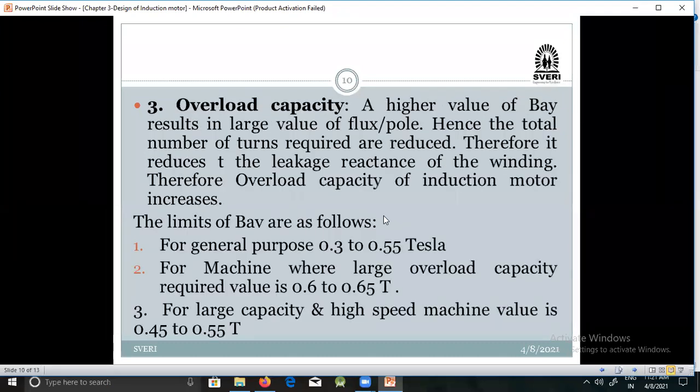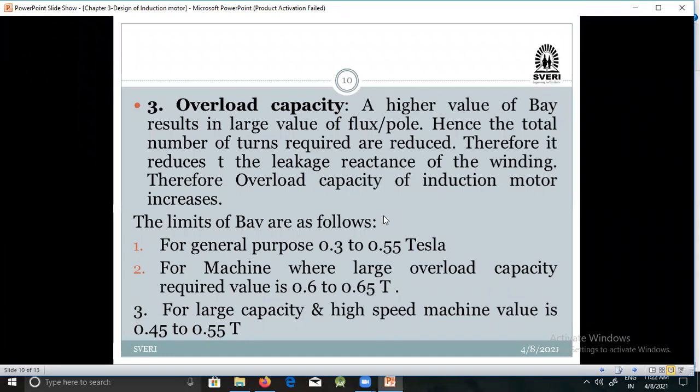Okay, our next concern is nothing but the overload capacity. Now see, there is one term that comes here, that is the overload. Overload, as the name itself suggests, means that you are giving extra load to that particular motor apart from its capacity. म्हणजे त्याच्या कॅपॅसिटी पेक्षा जर मी त्याला जास्त काम करायला लावलं तर ते